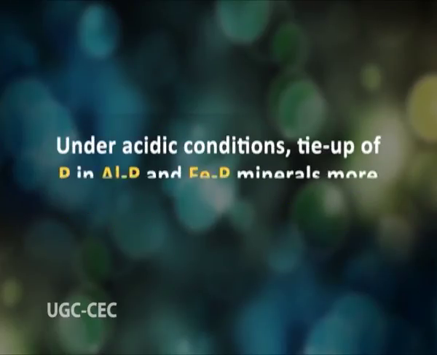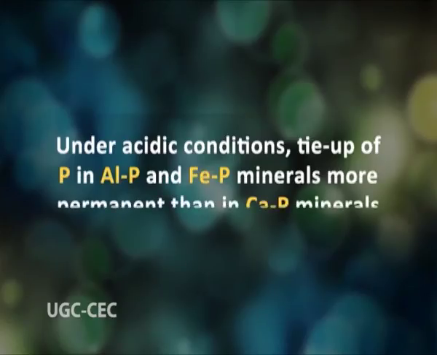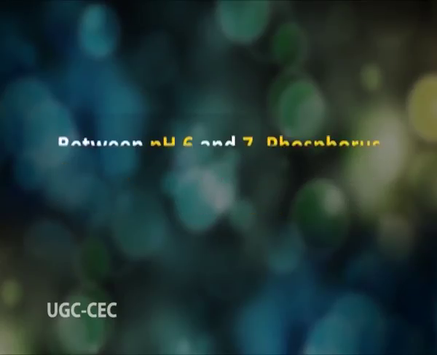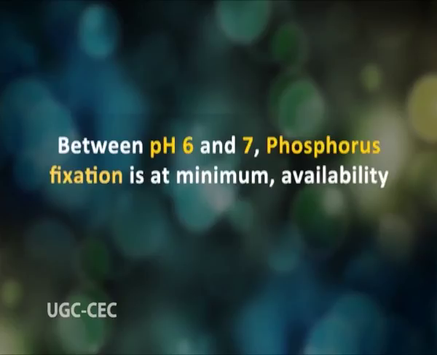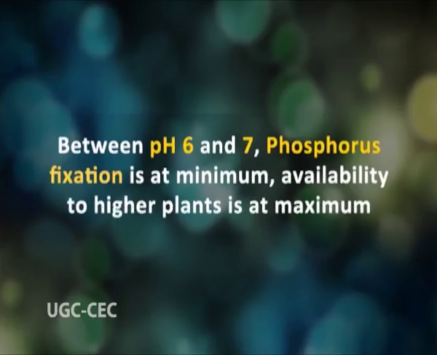The type of phosphorus in aluminum phosphorus and iron phosphorus minerals under acidic conditions tends to be more permanent than in calcium phosphorus minerals. Between 6 and 7, phosphorus fixation is at a minimum and availability to higher plants is